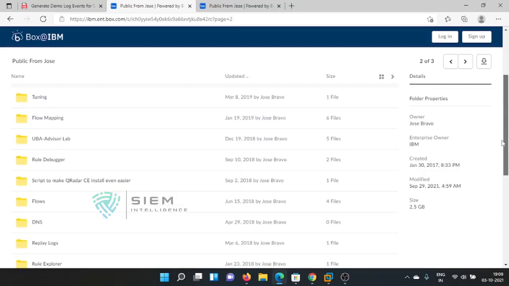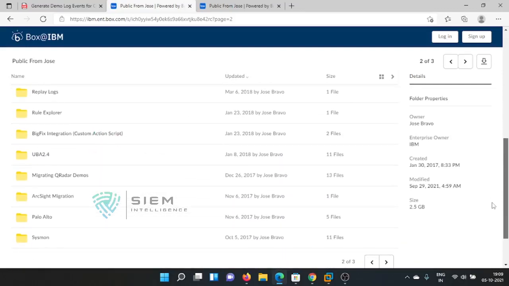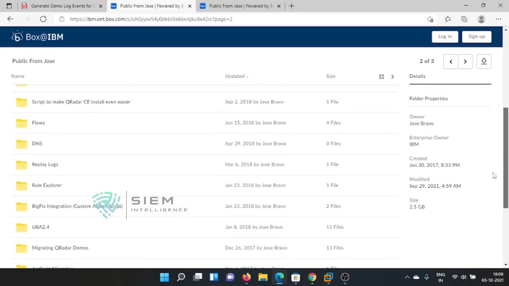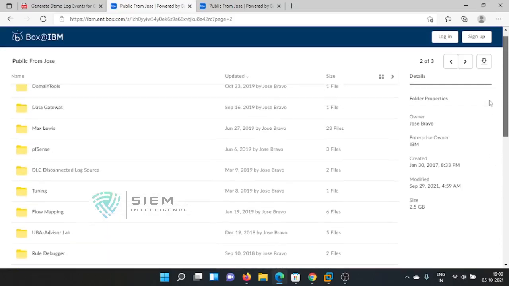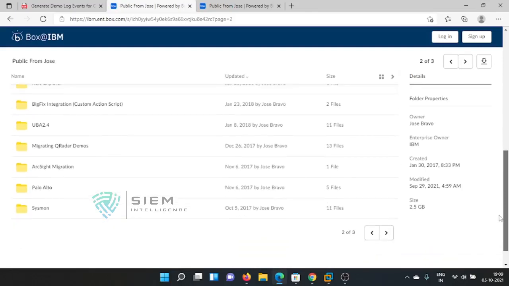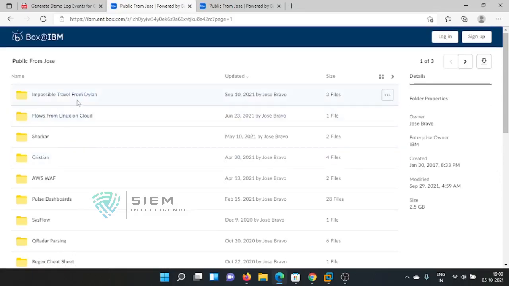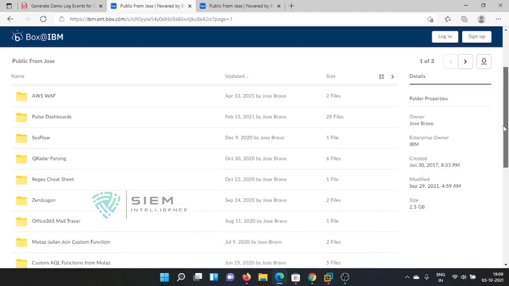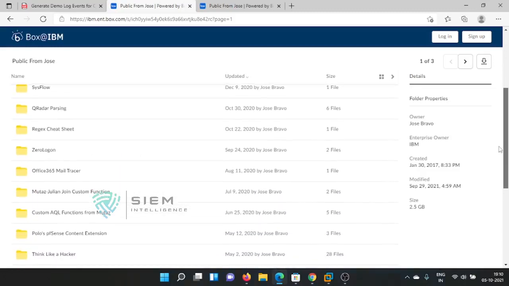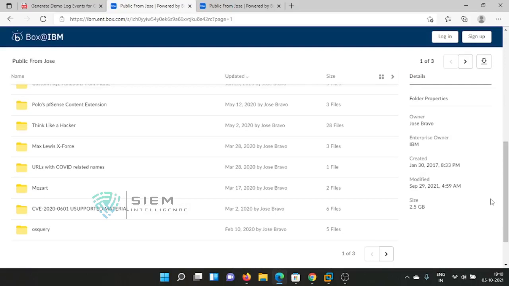See, there is a demo logs. Where is it? I think the first page only. Close from Linux, SoundCloud, parsing. Where has it gone?